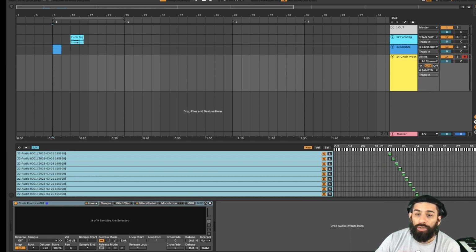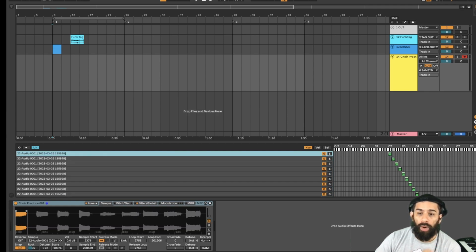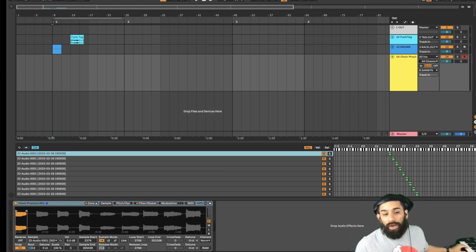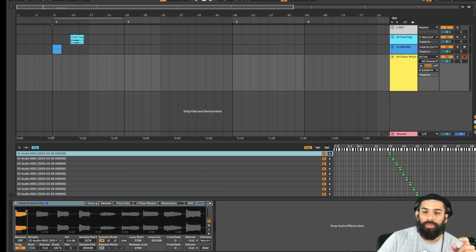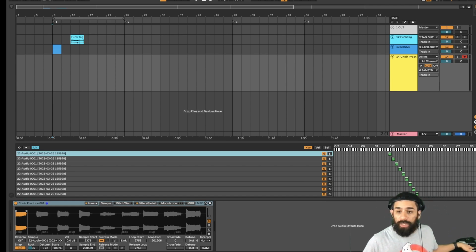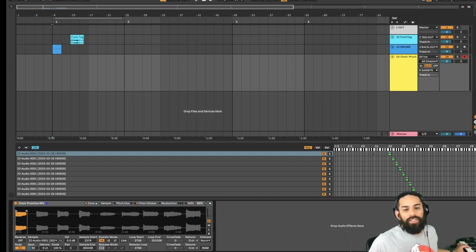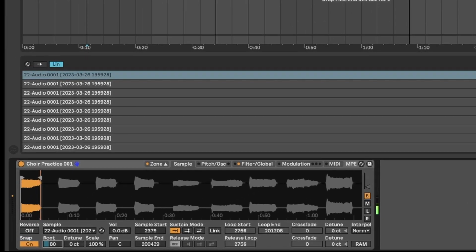But what you want to do is tell Ableton where that note is that you were singing. So I sang a C2 on what I now have as C2. That's going to determine what notes come after, as well as what note's going to play when you hit the key. So if I was going to change this to, let's say, B0, it changes the tone of that completely. That's not the note that I sang. So I need to bring this up,